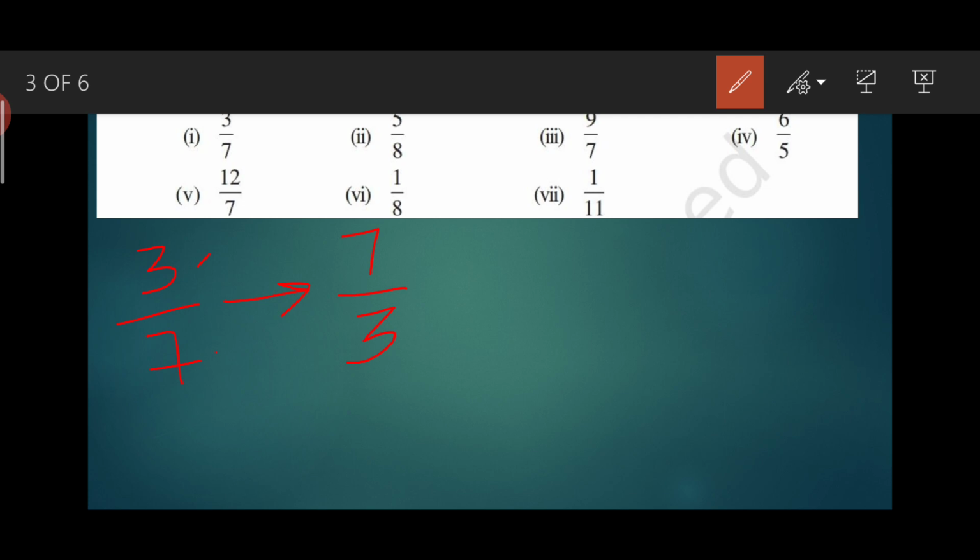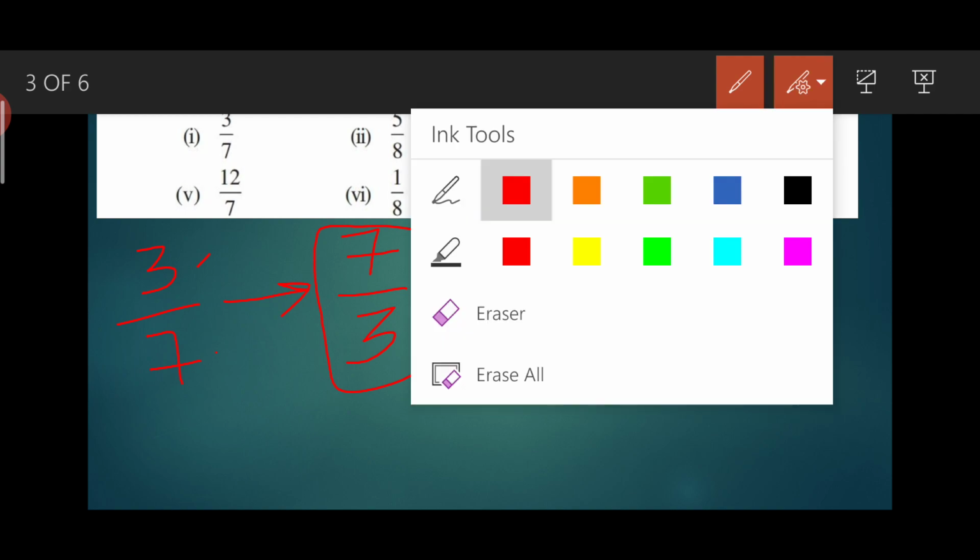Now you have to identify whether this fraction is proper or improper. As you know that in a proper fraction, the numerator is smaller than the denominator, and in an improper fraction, the numerator is greater than the denominator. So in this you can see that here the numerator is greater than the denominator, so it is an improper fraction. Okay,